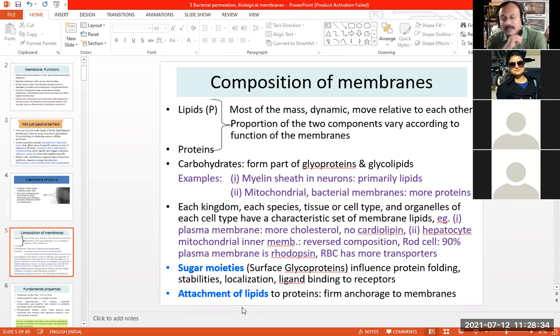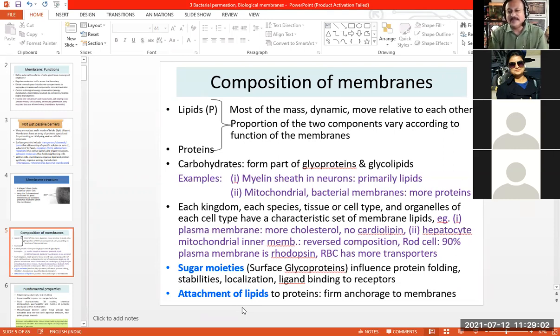Even if you have studied the antigenic proteins on the RBC, for example, antigens of the RBC, that is those which are responsible for the determination of the blood groups, blood group proteins. So those proteins also have characteristic types of sugar moieties. Okay, these are antigenic, therefore these proteins are antigenic in nature. So localization or placement of the proteins is because of the sugar molecules.